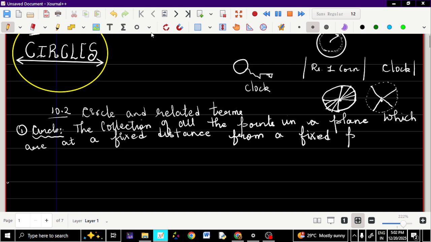I hope the definition is clear. So the collection of all the points in the plane which are at a fixed distance from a fixed point is called a circle. Now if I draw a circle here,